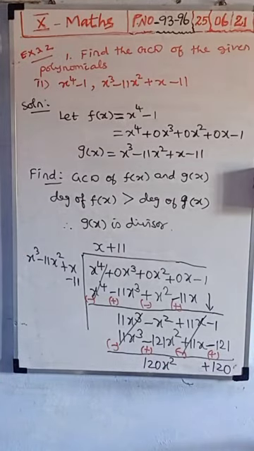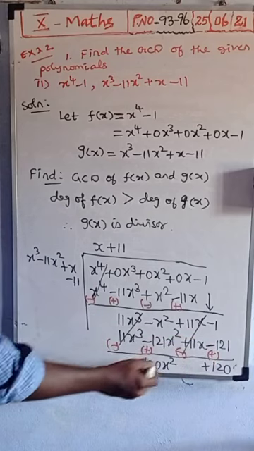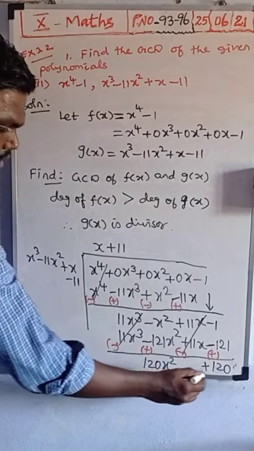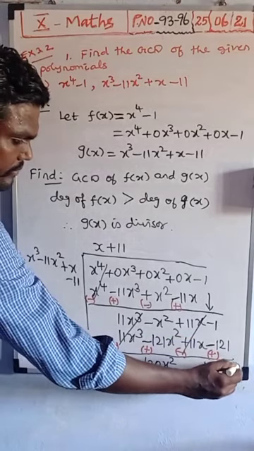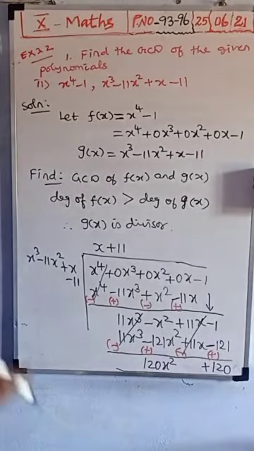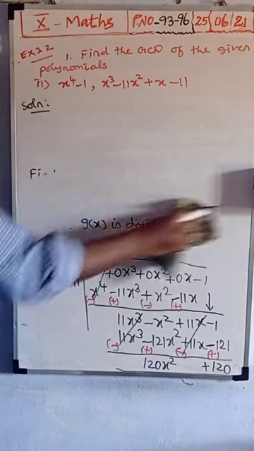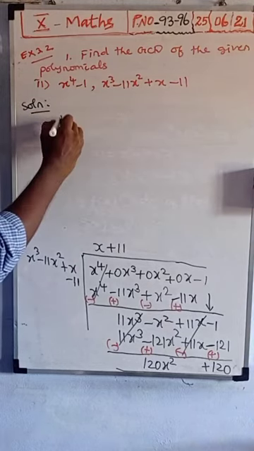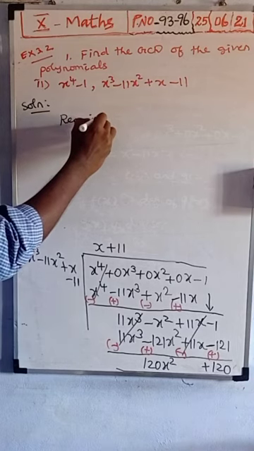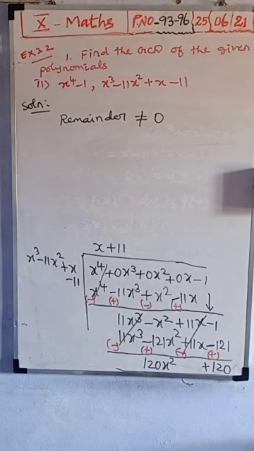So at last we cannot divide because the constant term came down. So the constant term also we simplified. So this is called the remainder. Yes, this is called the remainder. So you should write it. Here the remainder is non-zero. The remainder is not equal to 0. The symbol also we can use.